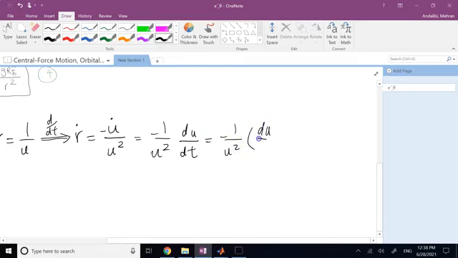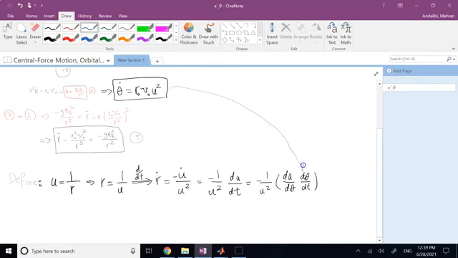Because U is 1 over R. So this guy here, I'm going to plug down into this equation for theta dot, right? So it is going to be R dot is equal to negative 1 over U squared du over d theta R naught V naught times